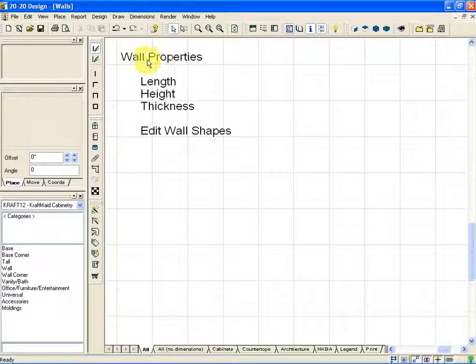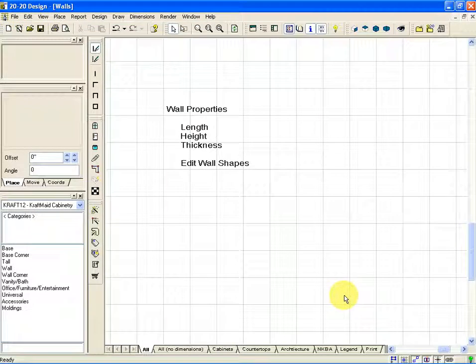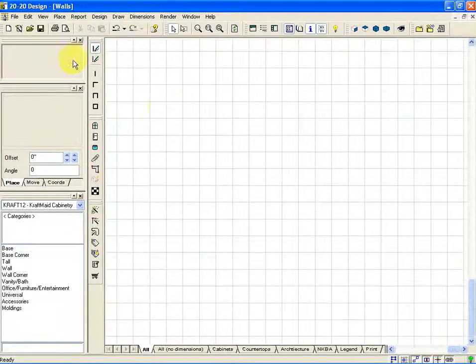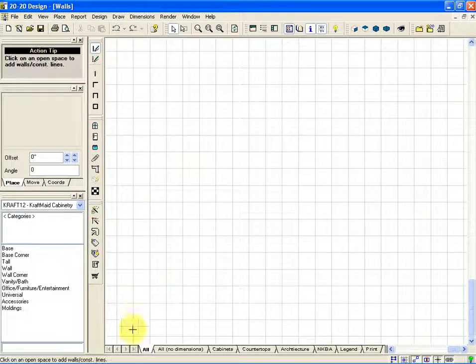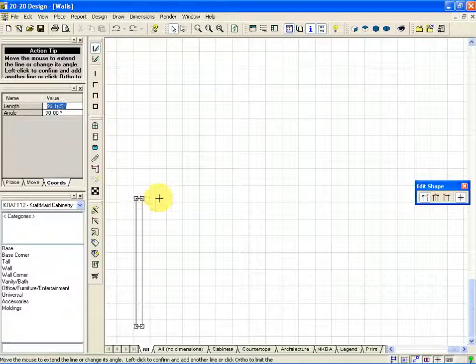In this session, we will discuss wall properties, and those properties are length, height, and thickness. We'll also discuss how you edit wall shapes. So I will move this off the footprint, come down, using the point and type method. We'll put in a wall 120, enter, 144, enter,